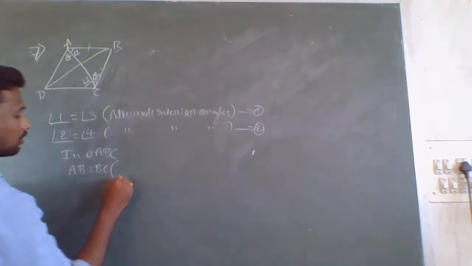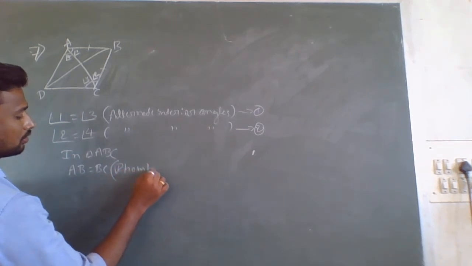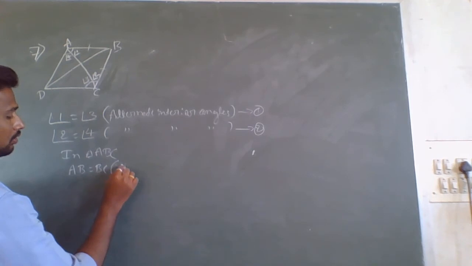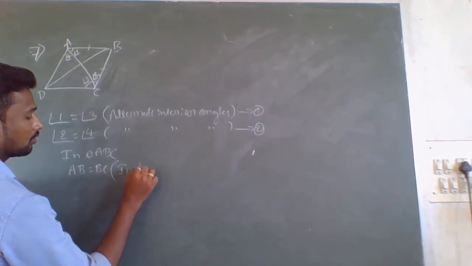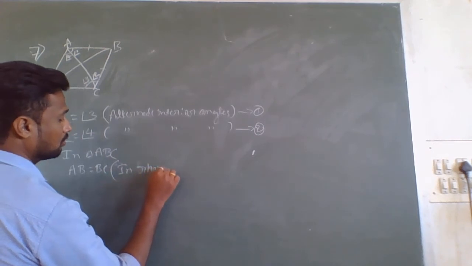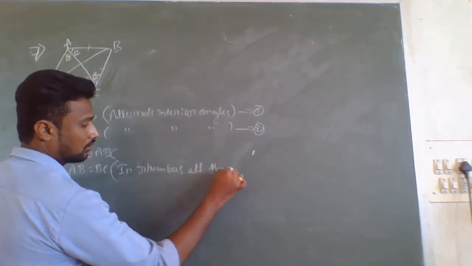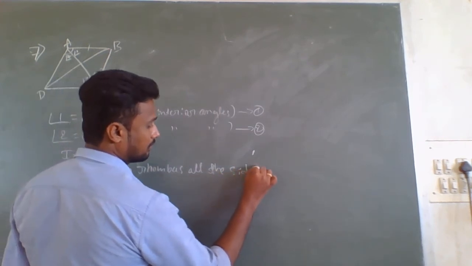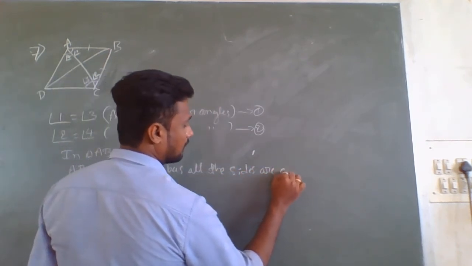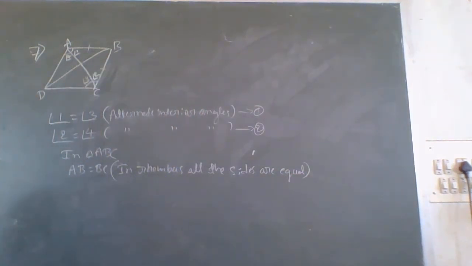In a rhombus, all the sides are equal. So AB is equal to BC, and we know that